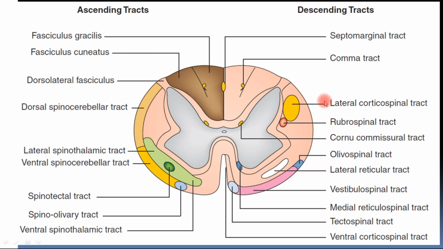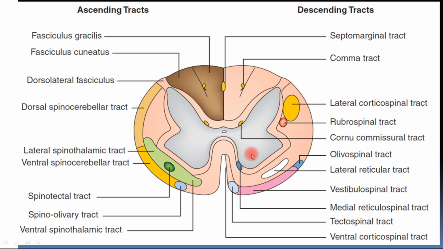One way of differentiating them is these are also present on the lateral part of the lateral funiculus of the white matter of spinal cord, and they will synapse to the lateral neurons in the gray matter also. So the lateral motor system, everything is lateral, whereas when we compare to the medial motor system, everything is almost located medially in the white matter, as well as when they synapse to the neurons, those neurons are also located medially in the gray matter.